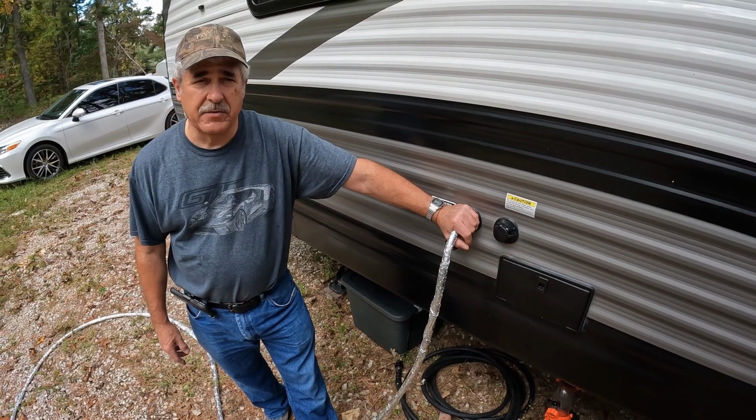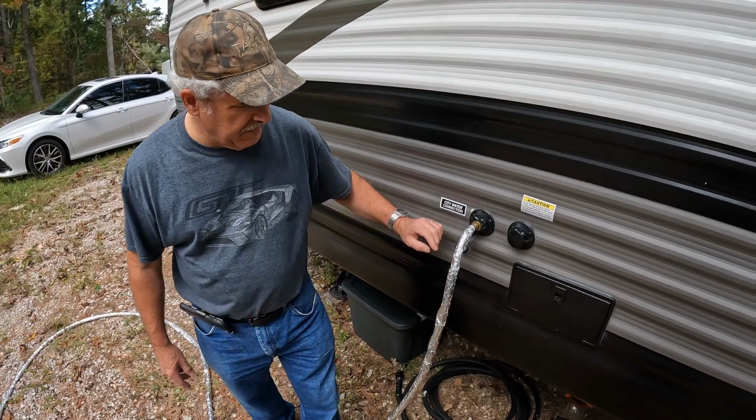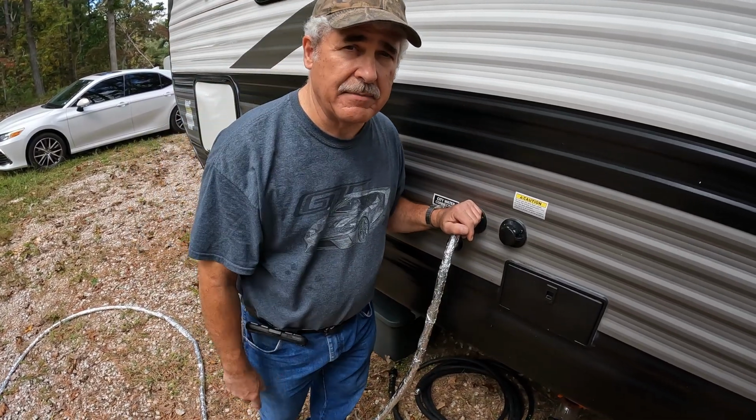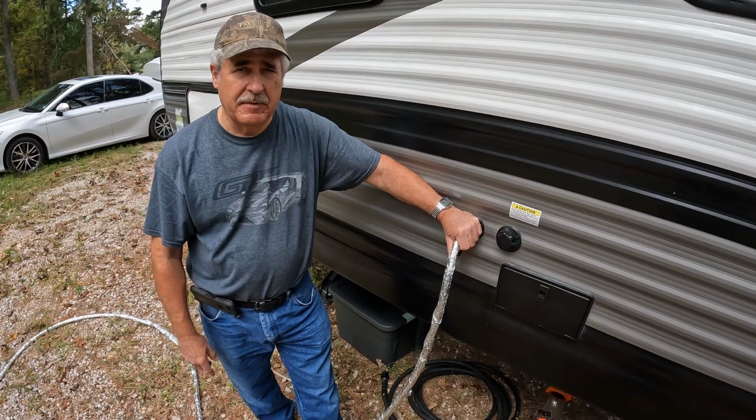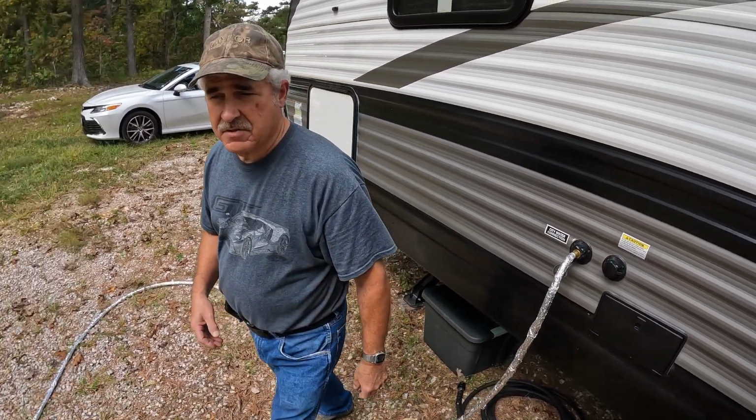I'm kind of wondering, in the winter time, if we're going to have to leave the water trickle, which means you'll have to leave the tank water open, which means that it might freeze in that pipe. So I'll have to decide whether I'm going to run a heat tape on that pipe or not. The other thing we have to do is we have to get